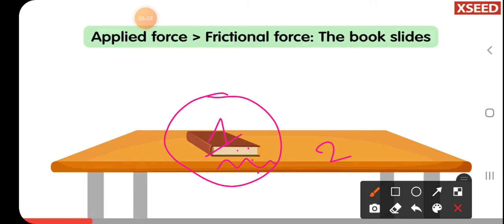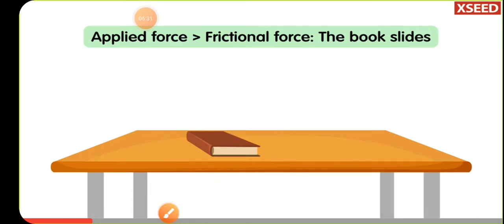So a frictional force is a type of force which, if you notice an interlocking between these two objects, that interlocking gives rise to a friction which stops the objects from sliding. Okay. And when the force applied by us is more than the frictional force,